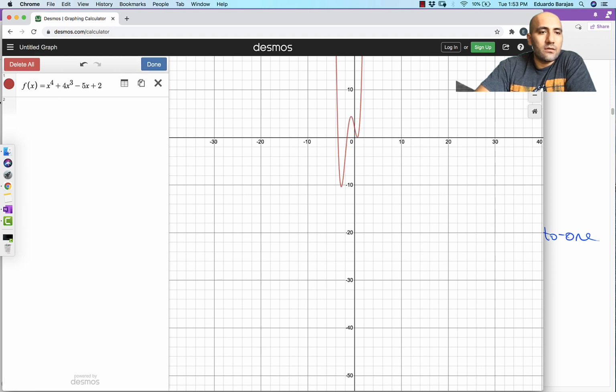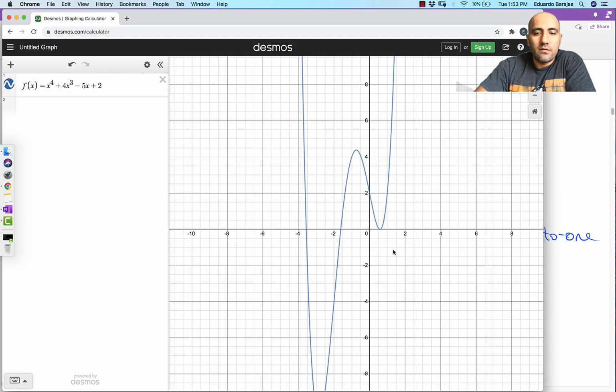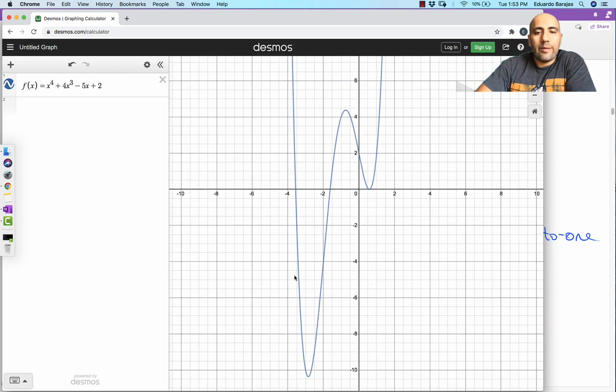Let's change the color of this guy. Make it blue. Okay, so we can have this function given to us, and we might be given this graph,